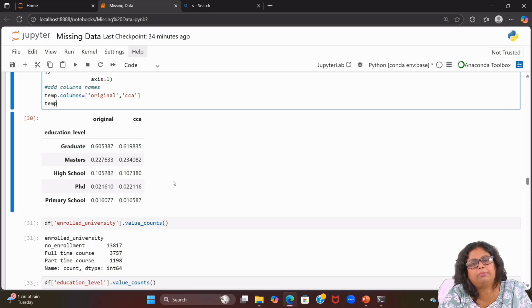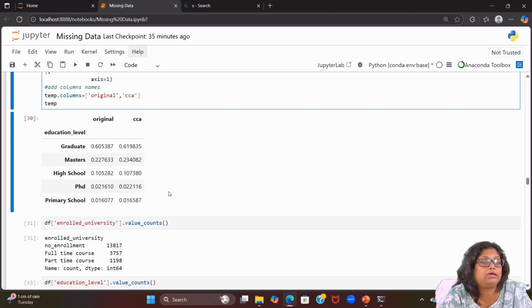In case of the complete case analysis, first we require to check what percentage of data is missing. That's the first activity. If the data is missing less than 5%, then only we require to work on the particular column. Then we have to drop the particular rows.